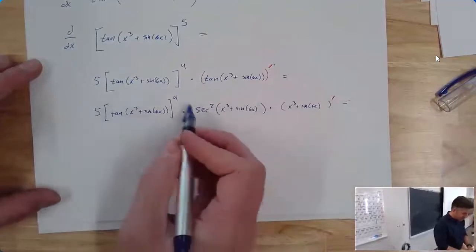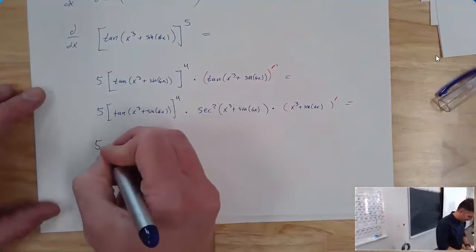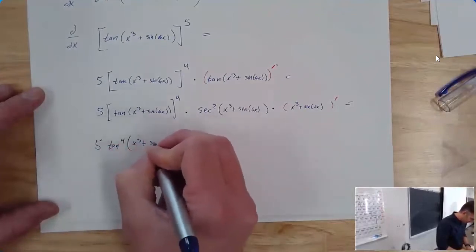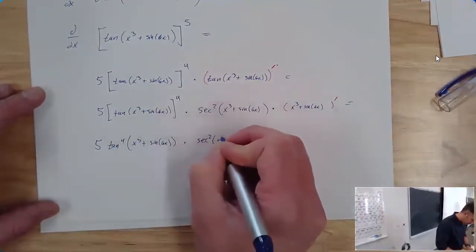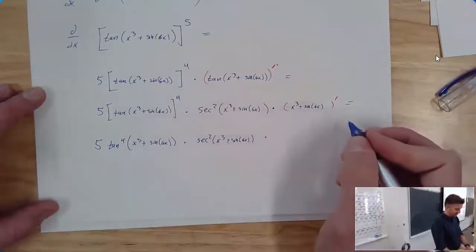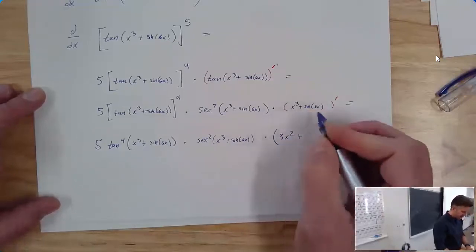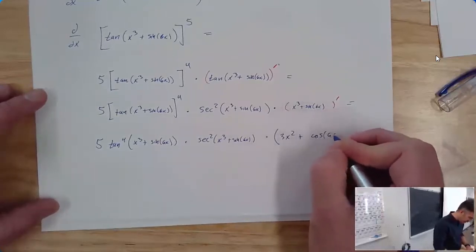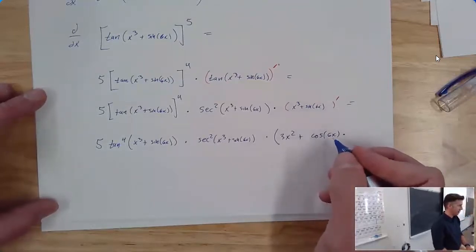So then I've got, you might at this point choose to rewrite this in the abbreviated notation, 5 times tangent to the 4th of x cubed plus sine of 6x. That's totally fine. Times secant squared of x cubed plus sine of 6x. And then the derivative of x cubed plus sine of 6x is going to be, well, derivative of x cubed is 3x squared. And the derivative of sine of some stuff is cosine of the stuff times the derivative of that stuff, which is just, I don't think we need to write a whole other